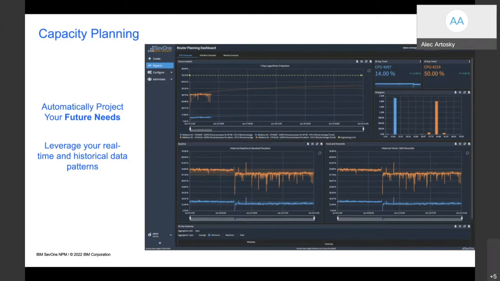That means I can help you understand when you're going to run out of available pipe for bandwidth, as an example, or when you're going to run out of capacity for CPU, memory or disk, because I know what we use, and I can see how we are slowly increasing. So I can notify you that we are going to hit full capacity in a certain period of time. We can show in these reports what we expect to see moving forward. We leverage the historical data we've collected to help you plan forward so you know how long you have until you run out of available resources, keeping you from hitting that brick wall long before you have the resources available.